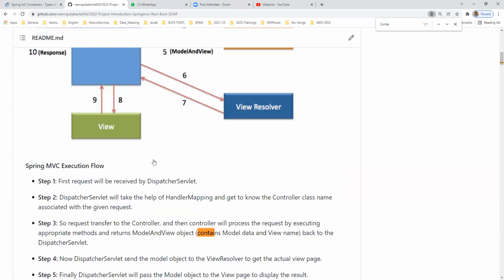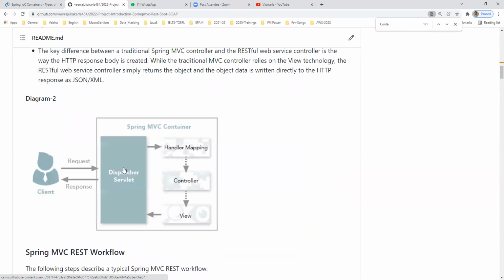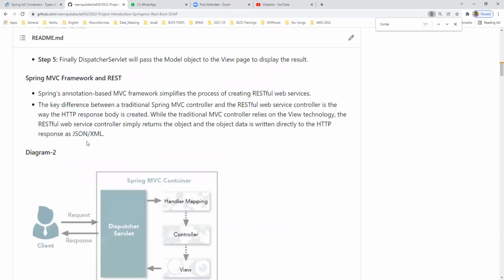So here is a normal MVC application. Now when it comes to REST, we do not have any view resolvers. Directly the handler mapping and controller send the response to the response page. Spring annotation-based MVC framework simplifies the process of creating RESTful web services.